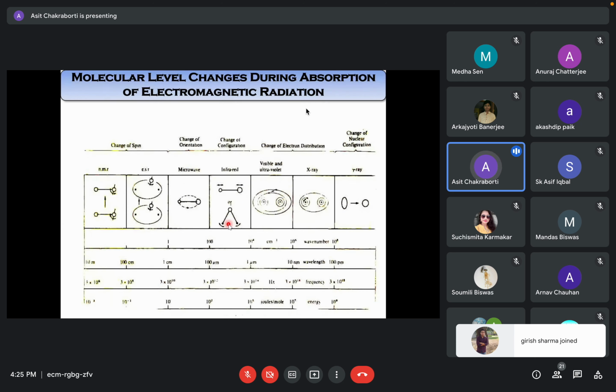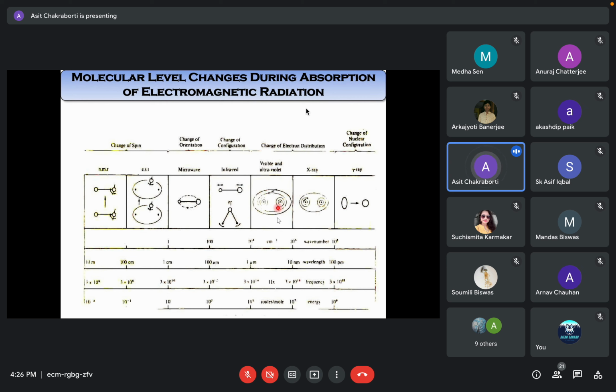So now, what happens when the molecule is undergoing absorption in the infrared event? Either it is undergoing a change in the bond length or the bond angle. So either bond length or bond angle, those are the descriptors to define stereochemistry, meaning the configuration of the molecule. That's the reason it's a configurational change. So it tells you very easily that we can use IR to determine the stereochemistry.